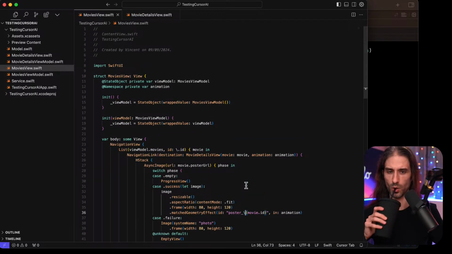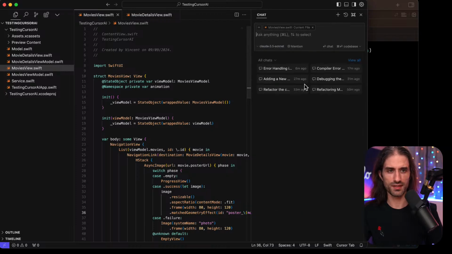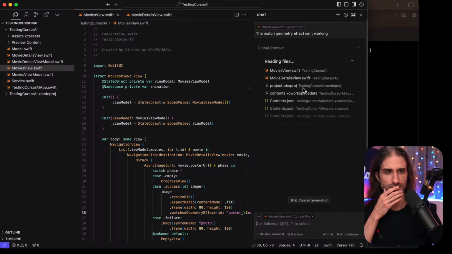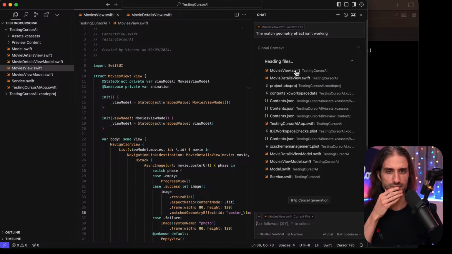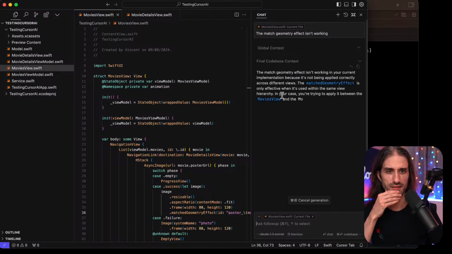What does it do? Oh, you know what? I'm going to try asking at the code base level: the match geometry effect isn't working. Maybe it's going to get better like that.